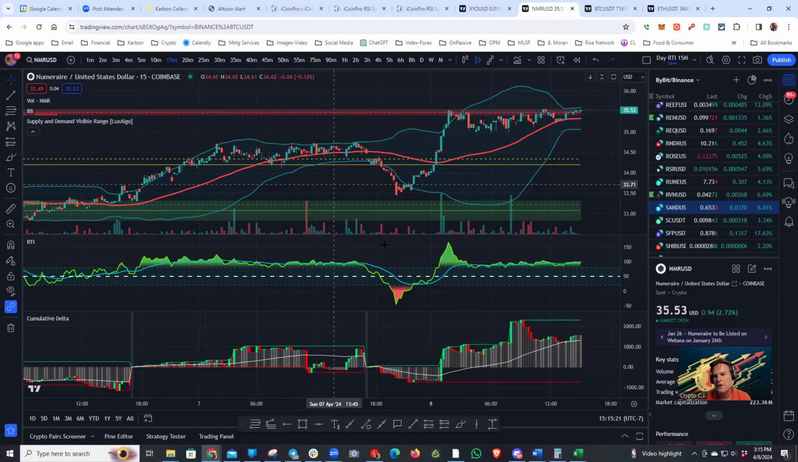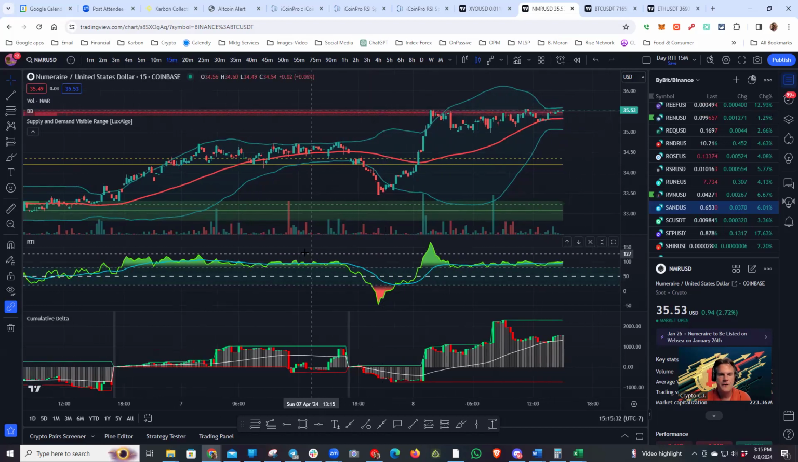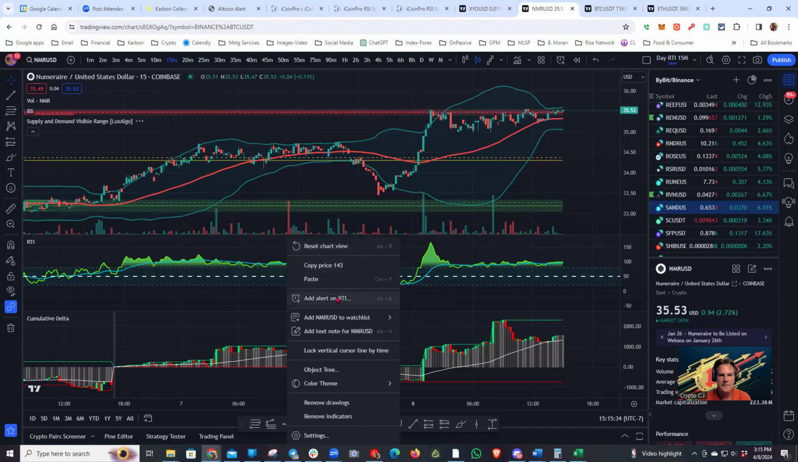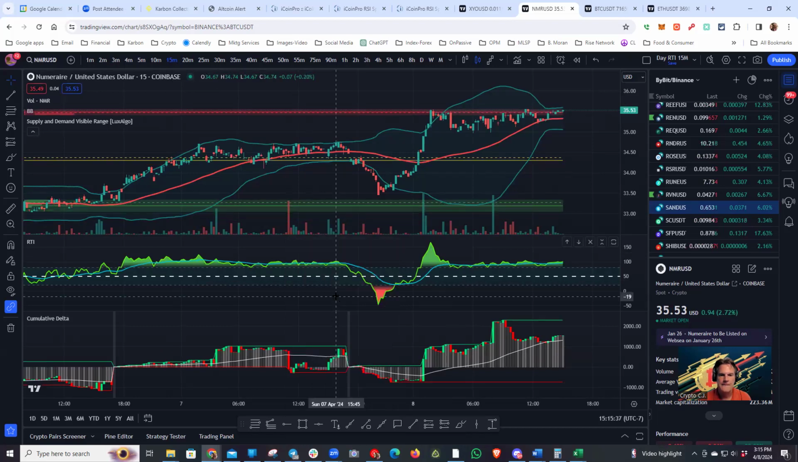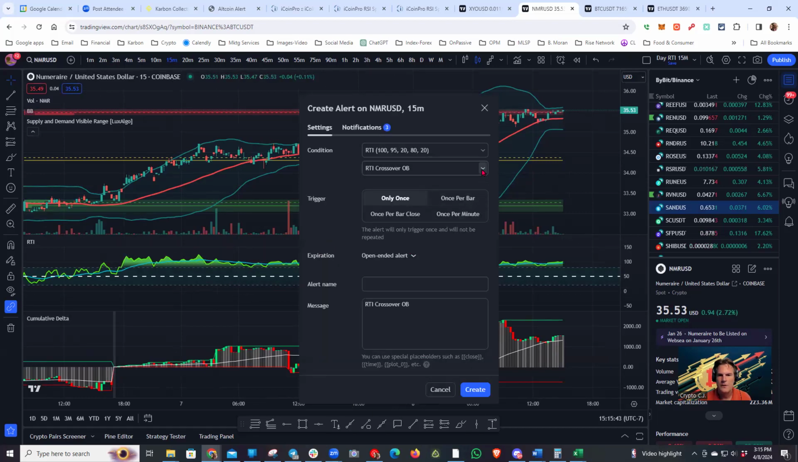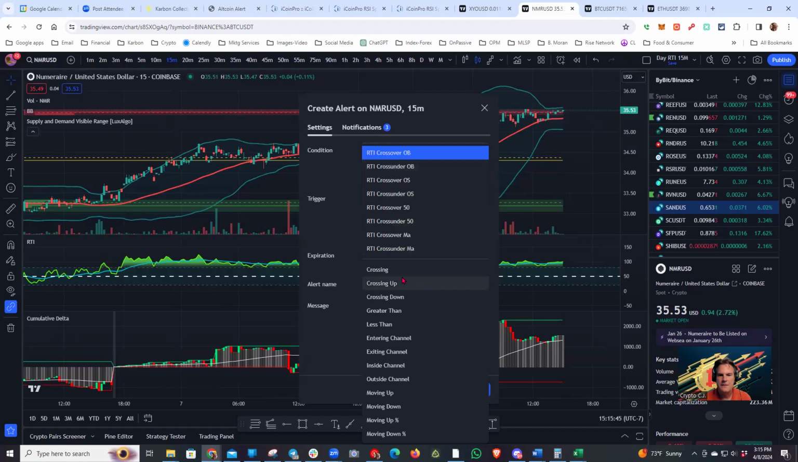I would look for a breakdown and a return, either a break below the 20 and a return or a break below the 50 and a return. And here's how you set alerts for those. Right click on the RTI. And it's being a little slow. And there we go. On the 50, crossing up,